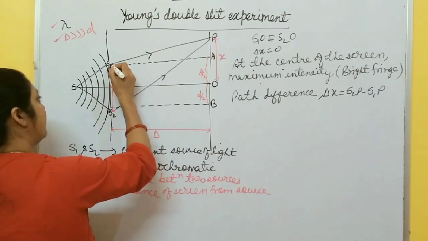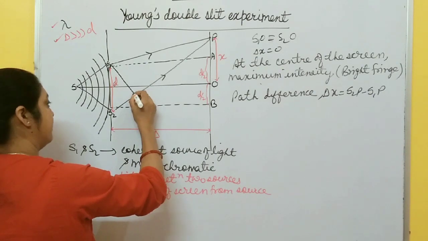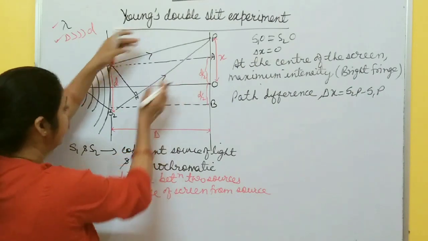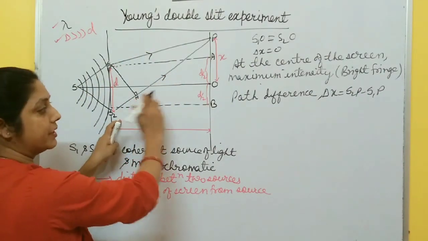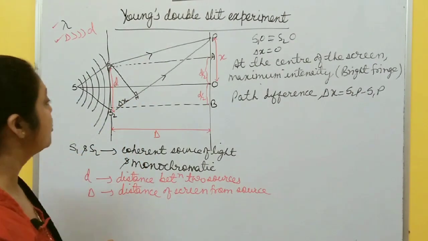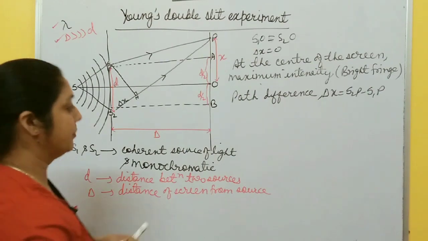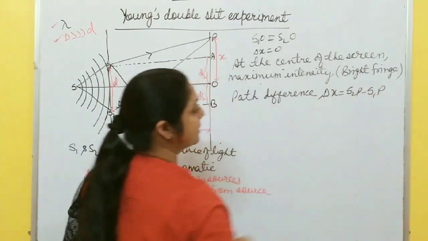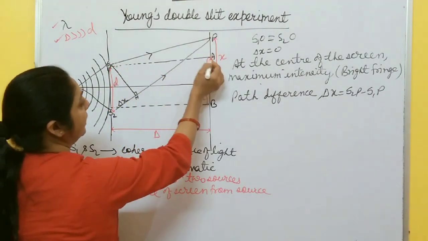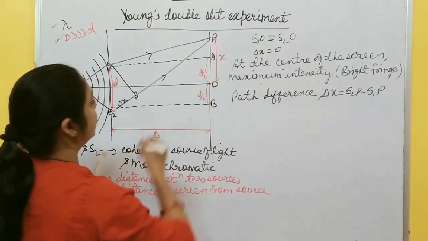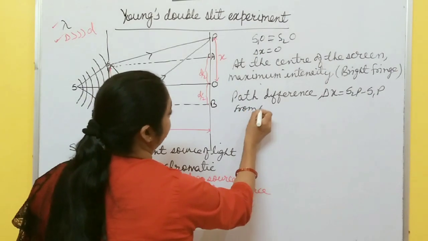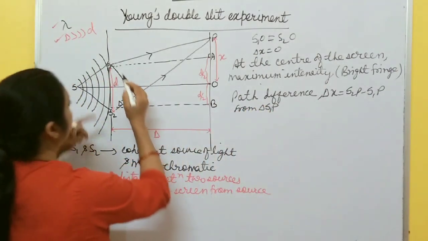Suppose you draw one perpendicular from this one. So after this point M, both these paths are the same. So S2M is the path difference. S2P minus S1P is S2M, delta x. Now our main aim is to calculate this path difference. To calculate S2P minus S1P, let us first consider this triangle S1AP. This is normal. So from the triangle S1AP,